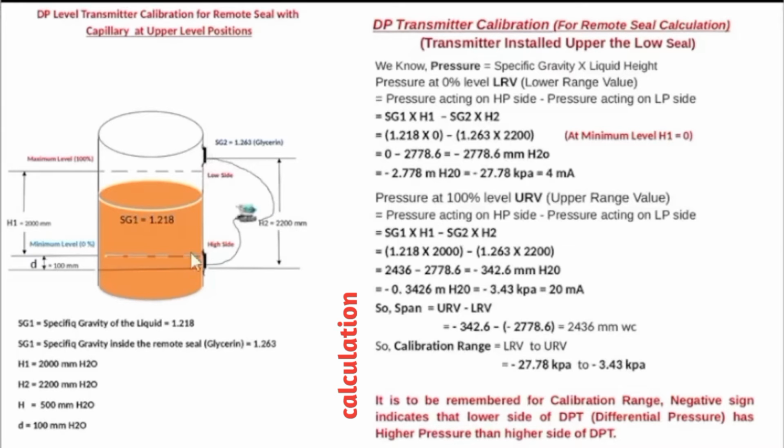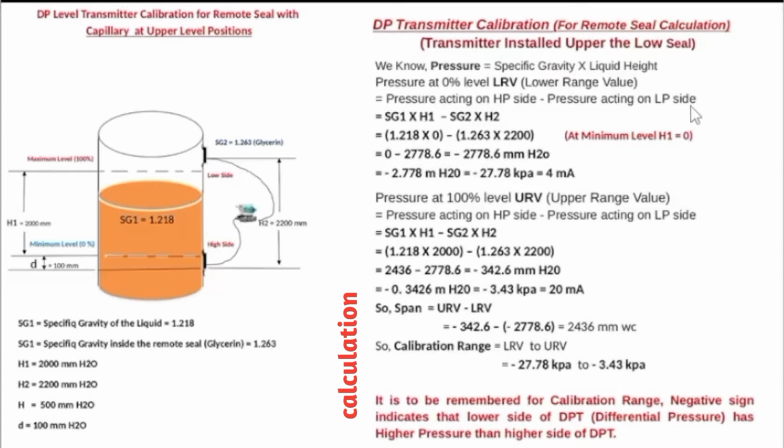When the level is 0, that means the level inside the liquid is at this minimum position, H1 will be 0. So inside the vessel specific gravity is 1.18 and height is 0 at this position, so I have 0 minus